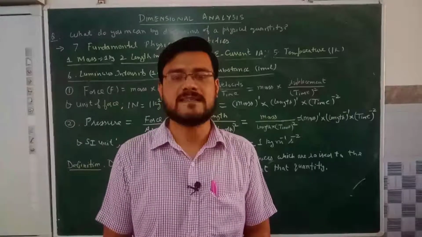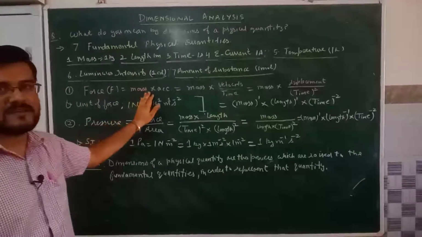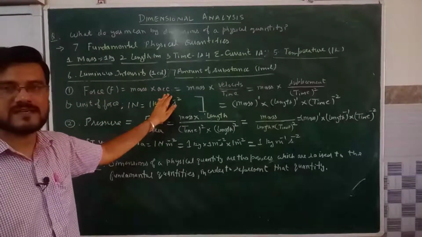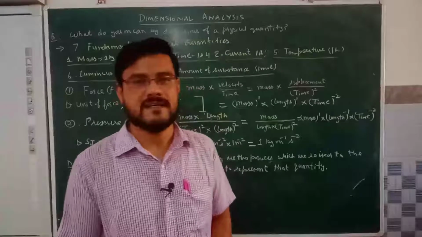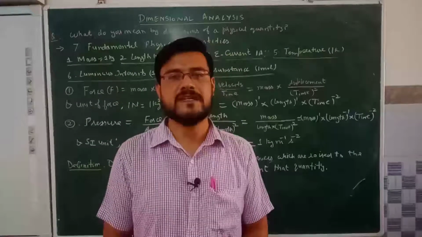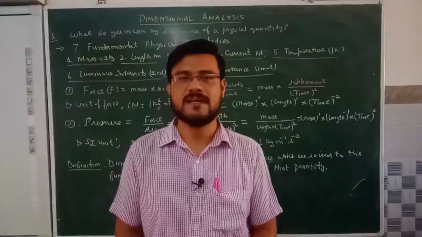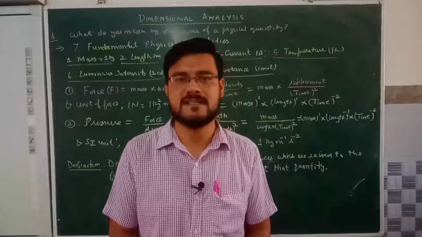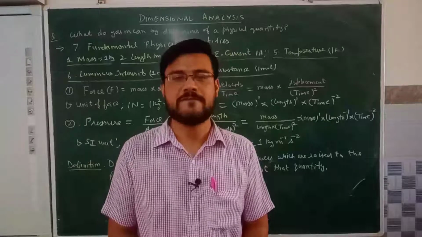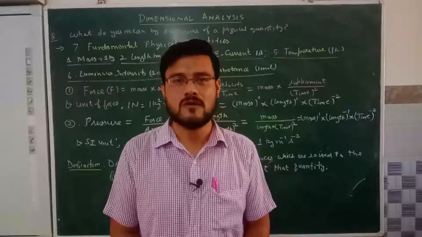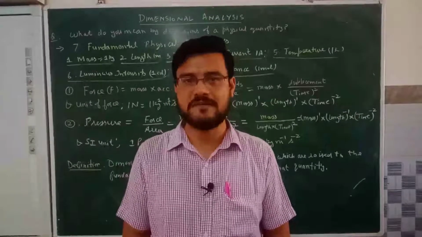So, if we take the example of a derived physical quantity, for example force, we know that it is a product of mass and acceleration that we have obtained from Newton's second law of motion. Now, if force is a derived physical quantity, this means that it is derived by various mathematical combinations of the fundamental physical quantities obtained from the set of these 7 fundamental quantities in the SI system. This means that we can decompose or break down the force, and we can finally express it in terms of only a few fundamental quantities out of the given set of 7 fundamental physical quantities.